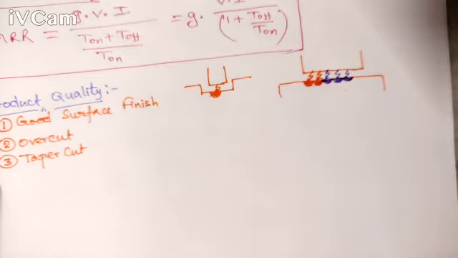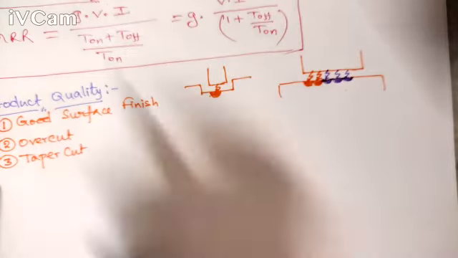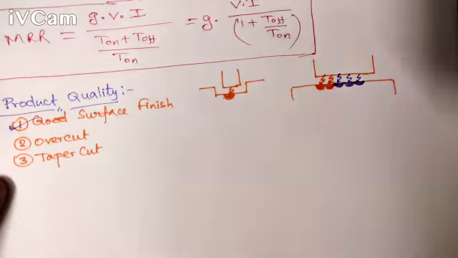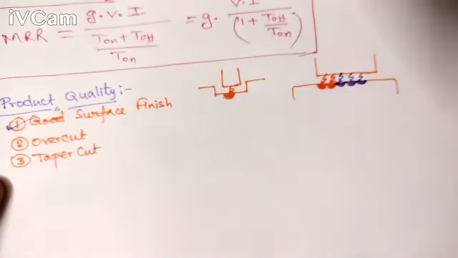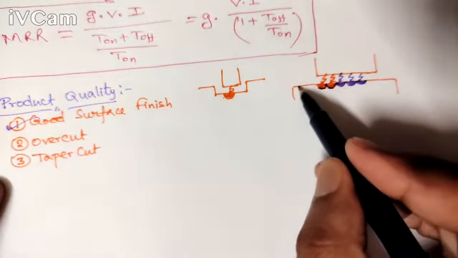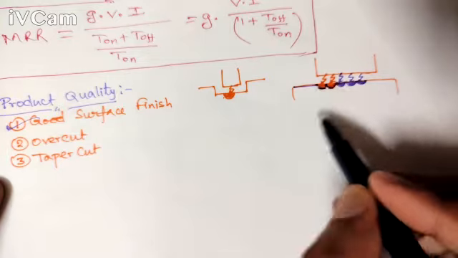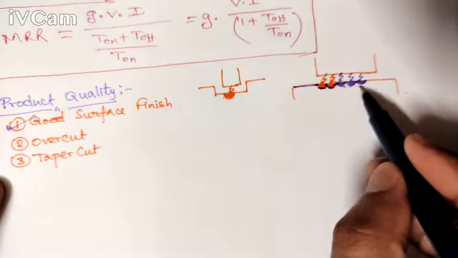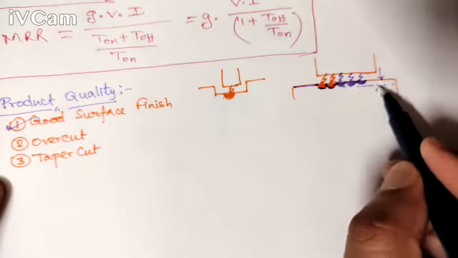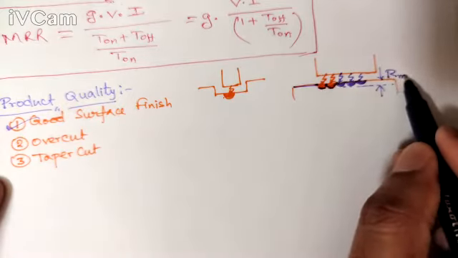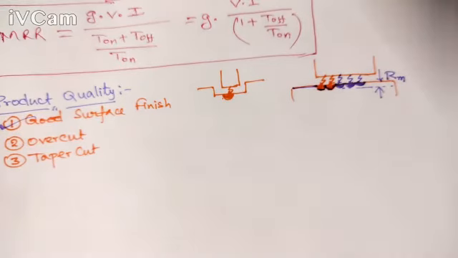Now, number one quality we will go with is surface roughness or surface finish. Our expectation is to have better surface finish. Here you see, due to this crater formation, this is the work tool surface, and here it will be somewhat like this. So we will be finding some average roughness, which I am representing by Rm, mean roughness, Rm.